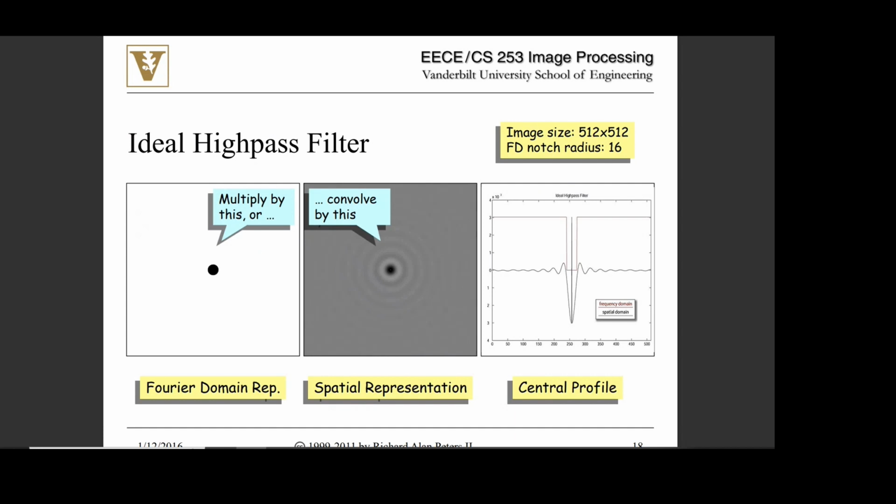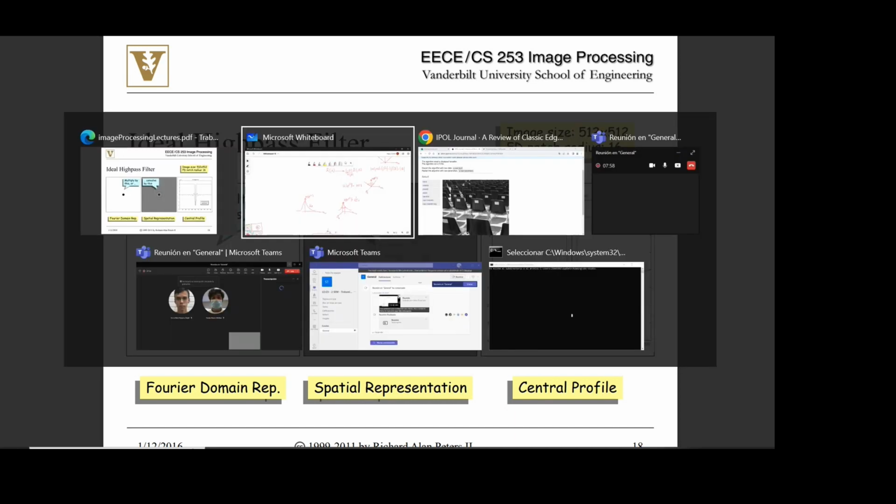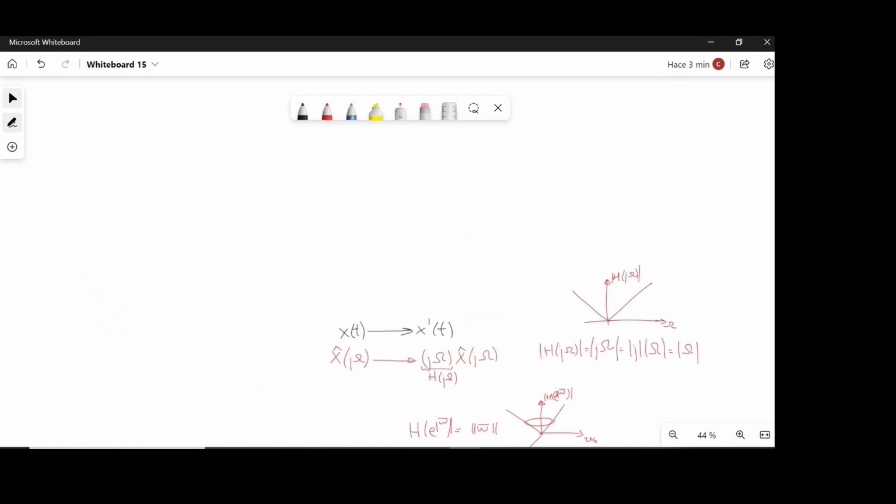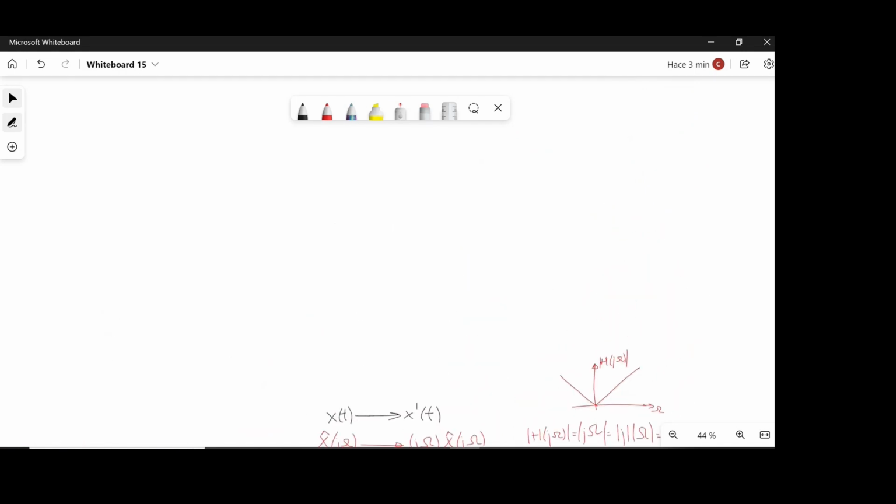High-pass filters are the opposite. So it should be one everywhere except for a region. And then this is the impulse response. There is a very simple way of knowing what the impulse response of a low-pass or a high-pass filter should be. Okay, so let's say that we have